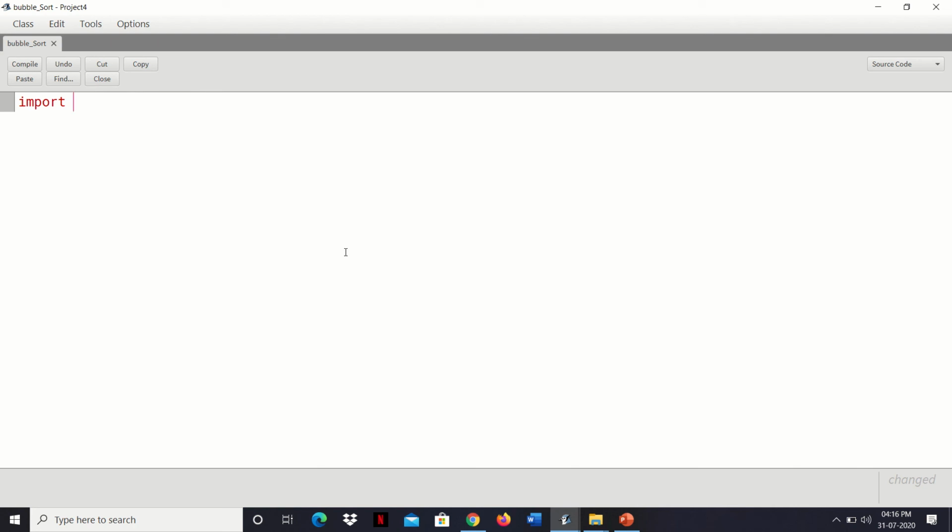That's why we need to import a package, import java.util.Scanner. Now we'll write the class name, class BubbleSort. As you can see at the top of the screen, the BubbleSort class is already created.